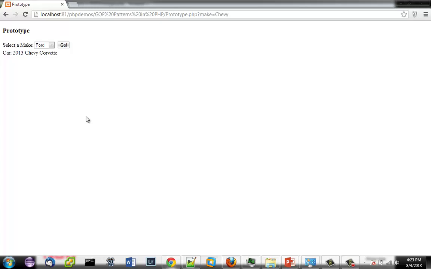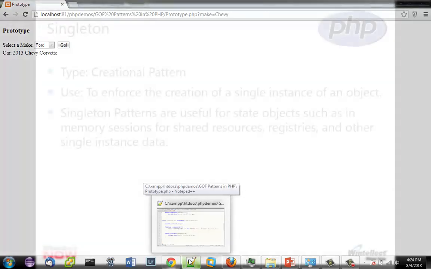And I've used this pattern time and again, especially on objects where I'm loading a lot of data out of a database, and I don't want to have to go back to the database every time. I can just cache it in memory and then clone it out of that prototype object into another instance of the object and get a much better response time in my application doing so.